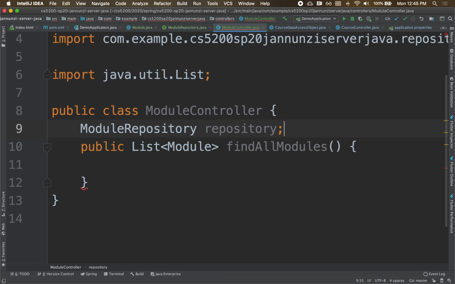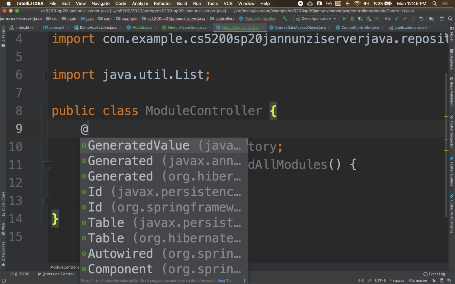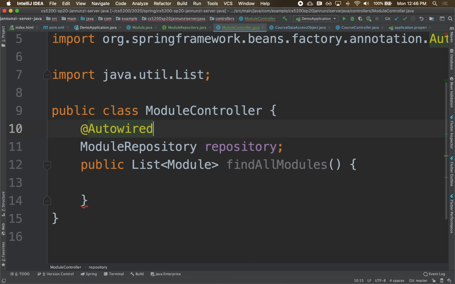So instead of me handling the life cycle of this object, I'm going to delegate it to the server. The server is going to handle the life cycle, right? It's going to be responsible for instantiating this repository for me, hooking it up to the right connection in the database, right? And giving me an instance so I can start using it, right? So that, for instance, one of the things that I could do,